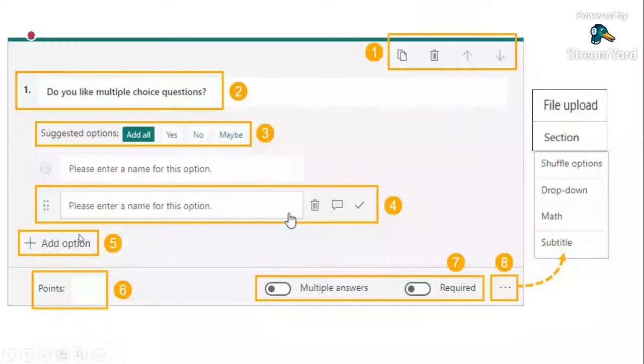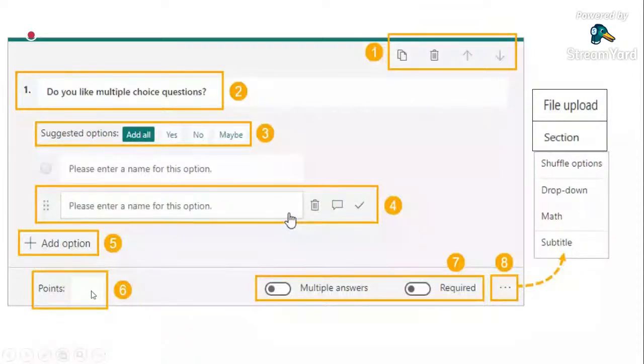Number six is for quizzes. You can enter a number in the points text box to assign a point value for a correct answer to the quiz question for the purpose of calculating a quiz score. For number seven, you can allow multiple answers.